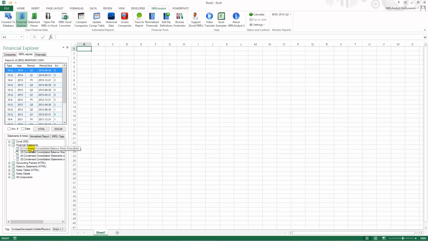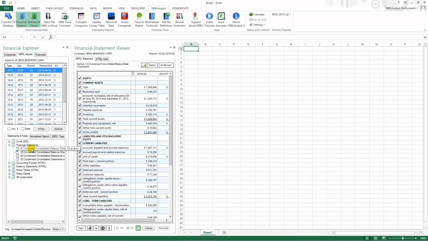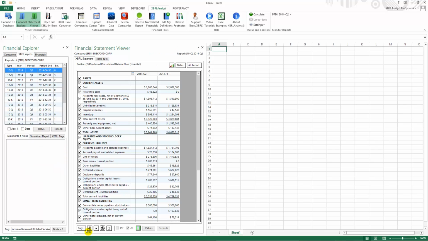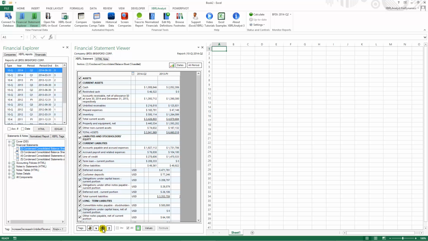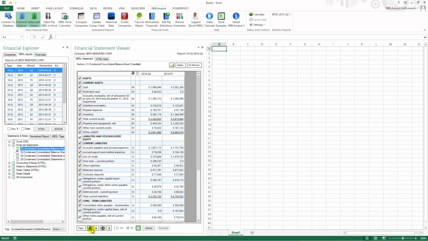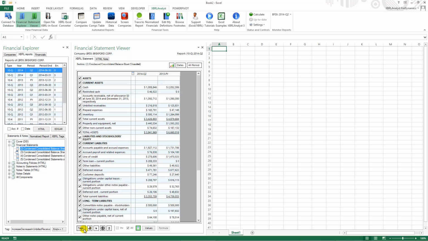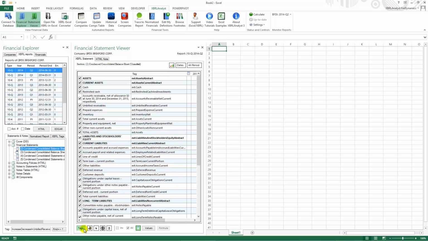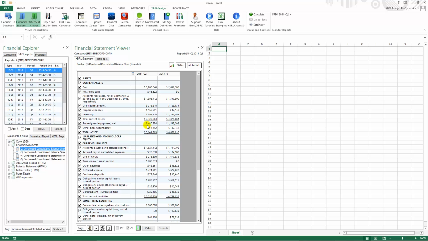For every report you can browse all the financial statements. If you double click the statement, it will open Financial Statement Viewer and you can see all the details. At the bottom you have controls to show, for example, units or credit debit balance or XBRL tags. Any value you can drag and drop in Excel,